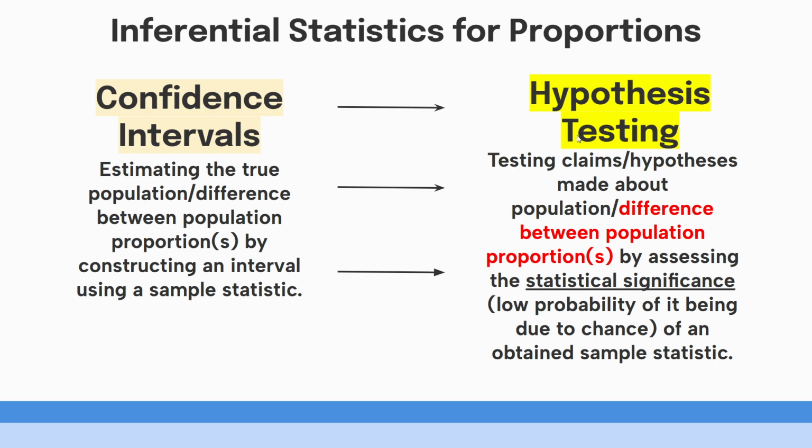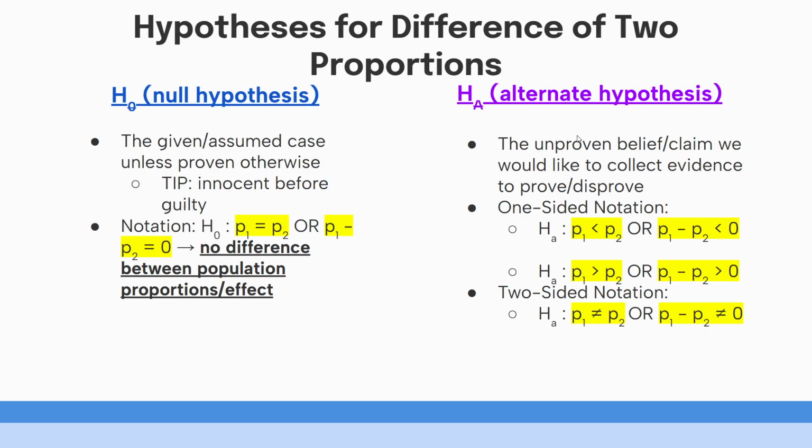Moving on. So we went over this, and in here we've already gone over what a null hypothesis is and what an alternate hypothesis is. In here, the notation simply is either that the first proportion is equal to the second, the true proportions are equal, or you can denote it as P1 minus P2 equals 0. No difference between population proportions, or no effect. But then for a one-sided notation for the alternate hypothesis, it's either that the first proportion is less than the second, or in other words the difference is less than 0, because the second is greater than the first, so their difference will be negative. Or it could be that the first population proportion is greater than the second, which means that,